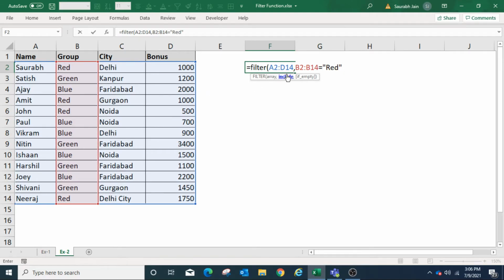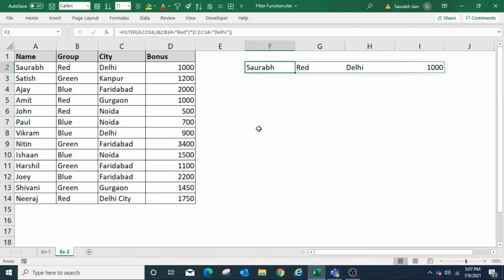Now put the condition in the bracket, asterisk sign, open bracket for the second condition. Now for the second condition, select C2 to C14 equals to "Delhi" in double quotes, closing bracket for the second condition, closing bracket for FILTER, press enter. Now the result is showing the data where the city is Delhi and the group is red.